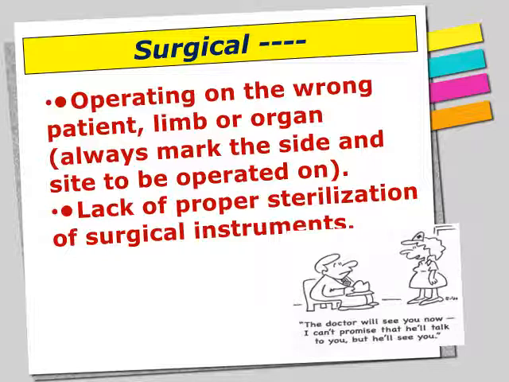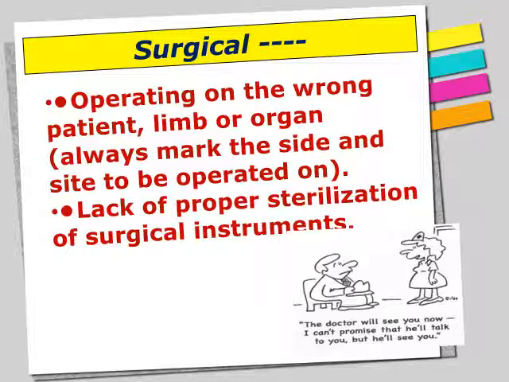Another error that may be seen in surgery is operating on the wrong patient. I remember an accident that occurred more than 30 years ago. We were in the minor operation theater, and usually we know that number one will have an abscess, number two will have hemorrhoidectomy, number three will have fissure treatment, and so on. Whenever the patients come in, we do the operation. We know number one is this, and number two is that, and one of the patients was so afraid that he said to the next one,